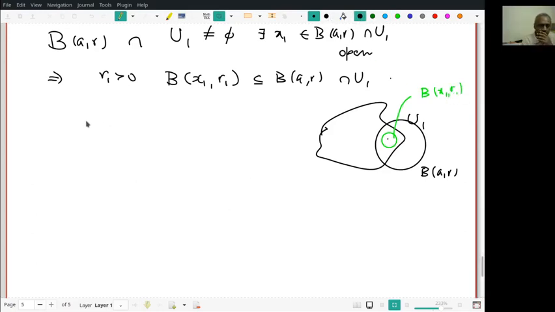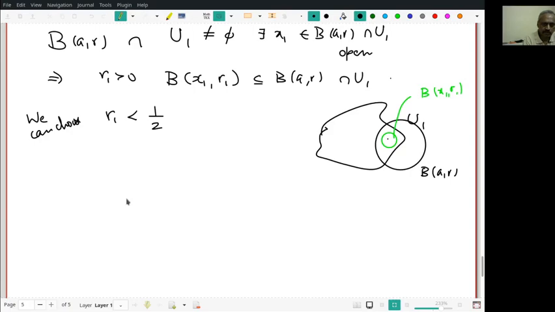Now I can as well choose my r1 to be less than half. You can choose. If r1 is already less than half, I don't have to worry. If r1 is greater than or equal to half, I just have to choose some number less than half, right? You understand? If r1 is greater than or equal to half, then V(x1, half) will be contained in V(x1, r1). Therefore, I can as well assume r1 is less than half. Okay? Right. So I got V(x1, r1) with r1 less than half.